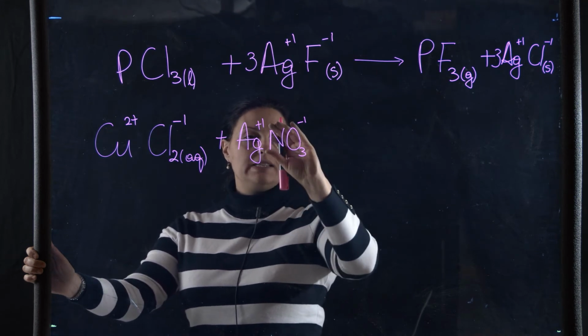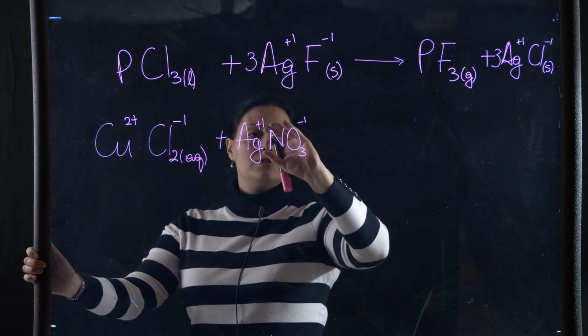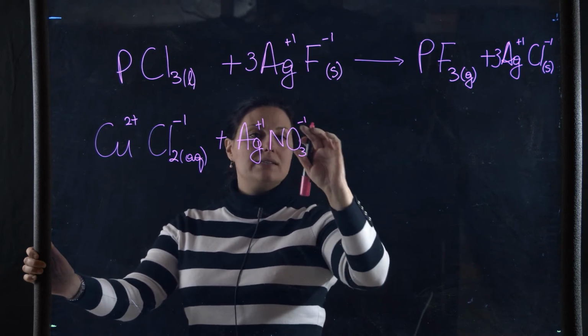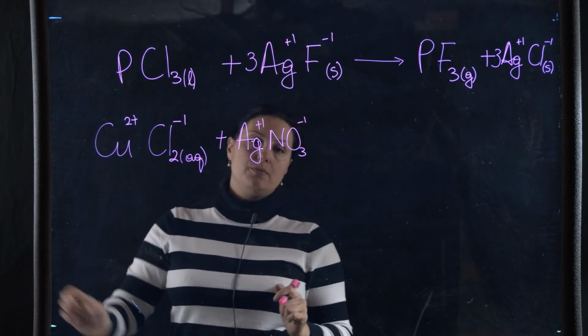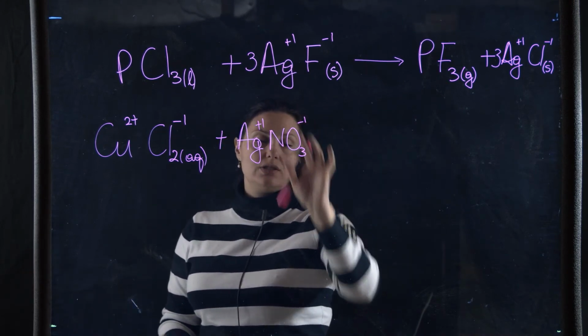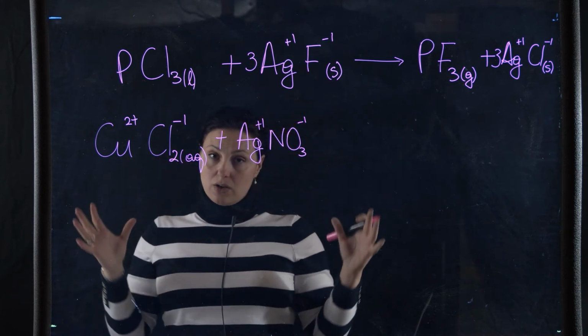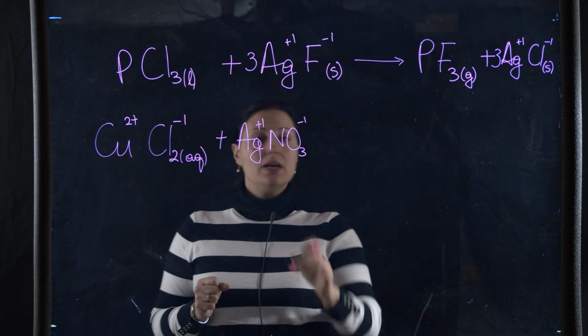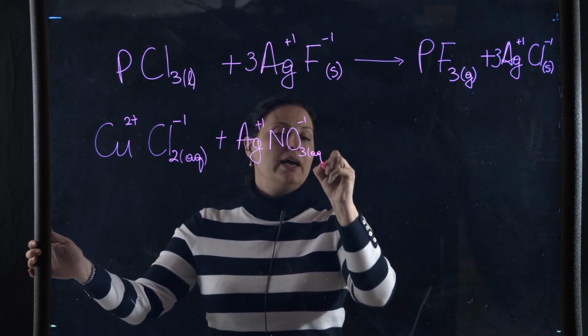If I were to replace that by an X, for example, it'd be X to the -1. So NO3, the whole unit NO3, has a -1 charge. Not just the oxygen, not just the nitrogen. When you have polyatomic ions, treat them as one unit. This is neutral the way it's written, so I don't need to make any changes.